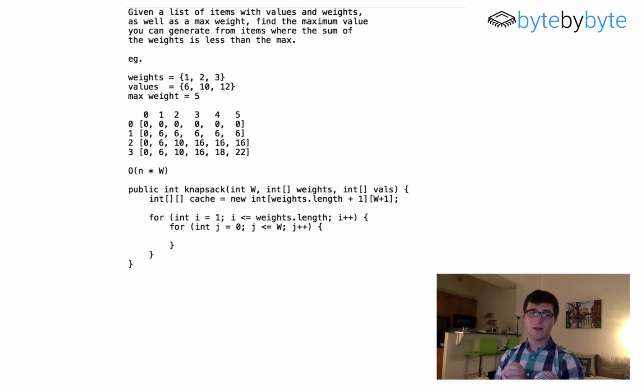It was either that our item is too big for the current max weight, and so we can't include it at all, or we want to decide whether to include it or not. So let's start with if it's too big. So if it's too big, that would basically mean that if weights